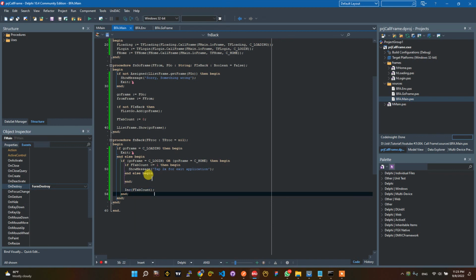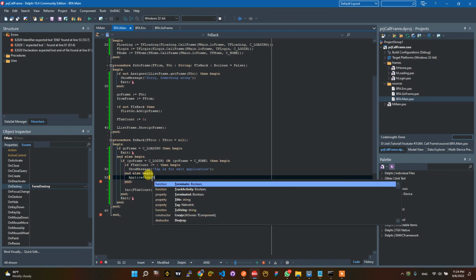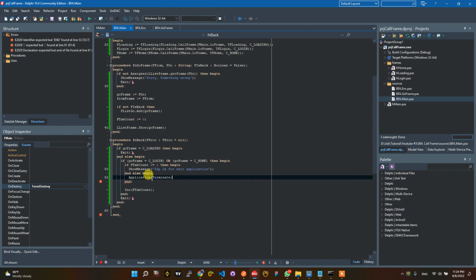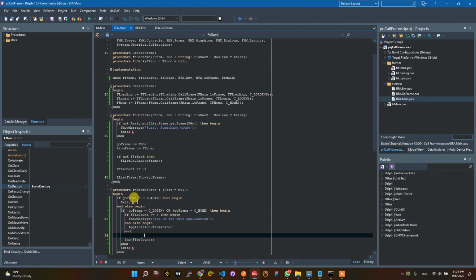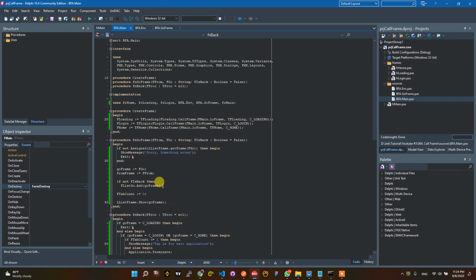Okay, like this, and then here exit login go frame. Okay, so exit, okay, and then here it's application dot terminate. Okay, just like that,